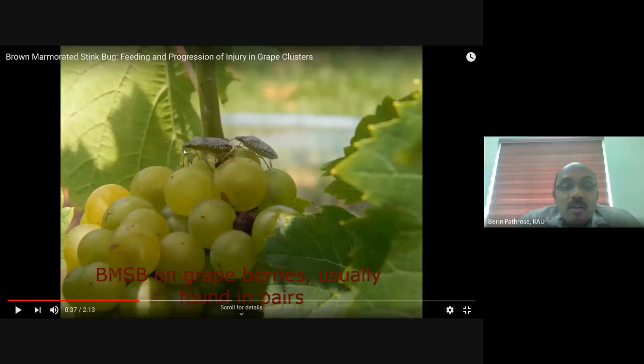See, see it over here. Can you see? I told you the bugs have opisthognathous mouthparts. That means the mouthparts are projected backwards. Can you see the proboscis over here? This is with which it sucks sap from the grape berries of grape bunches.